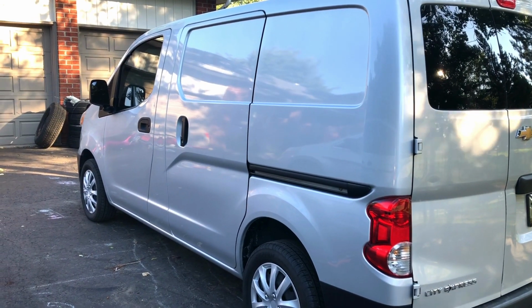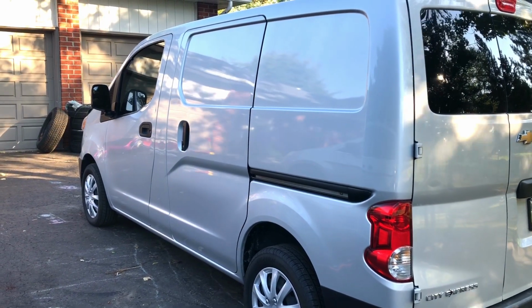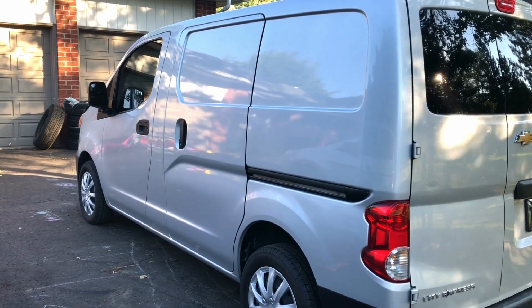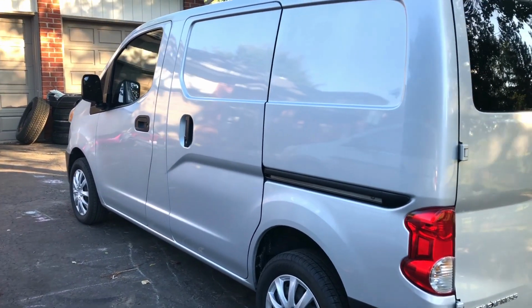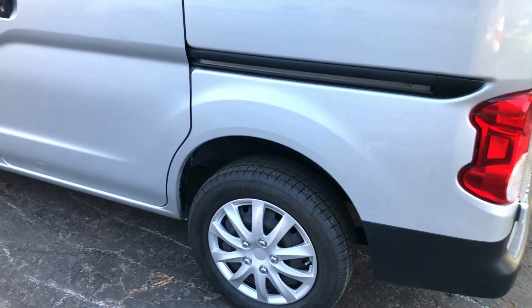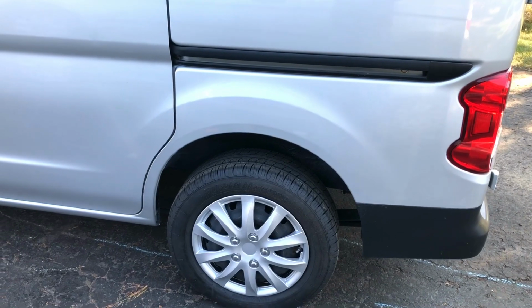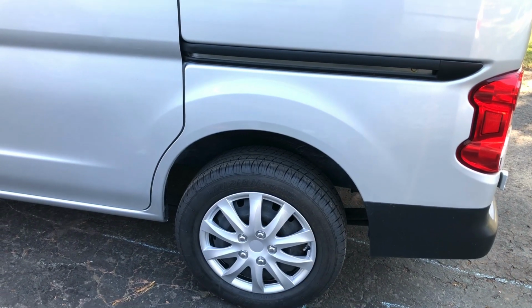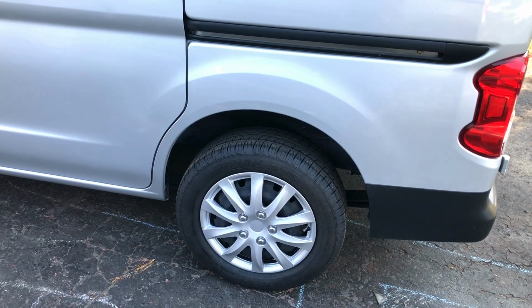Today I'm going to be fixing this 2015 Chevy City Express, and the problem is the rear brakes. When you step on them, there's a grinding sound coming from the back brakes. Now I'm going to show you this side, but I've already worked on the other side. So I already know what the problem is, but for you viewers, I want you guys to see that it's